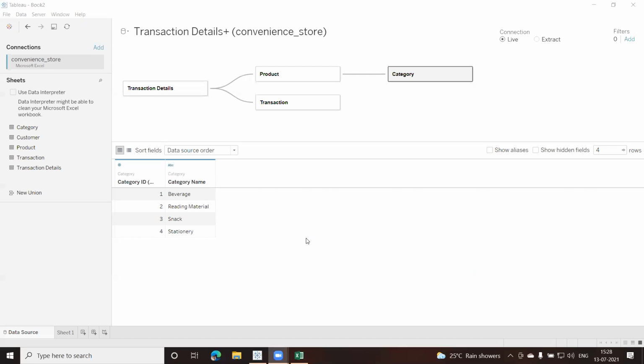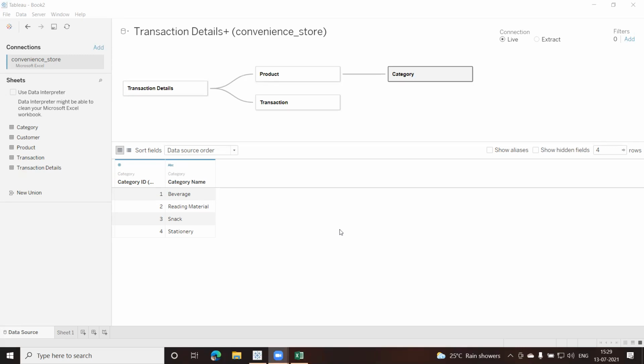Either you can buy one product or you can buy multiple products, or the same product in multiple quantities, right? Agreed? That means if you get a slip of transaction, that transaction might have multiple products in it, right? Now, when I store this data in my table, in the backend, it is not that easy.